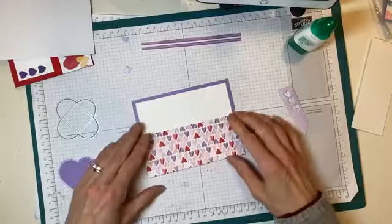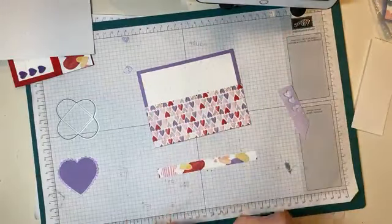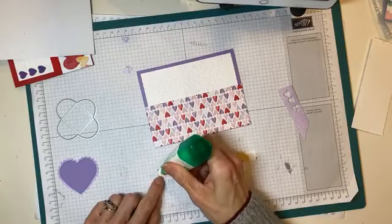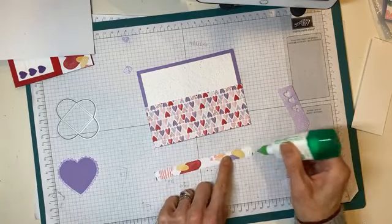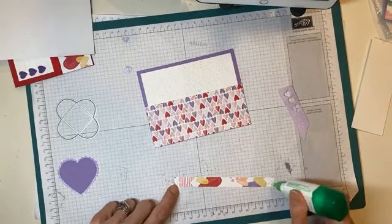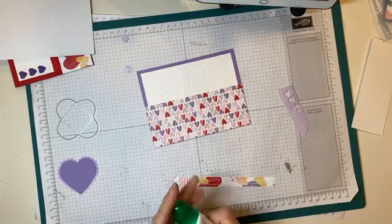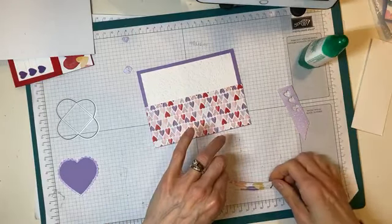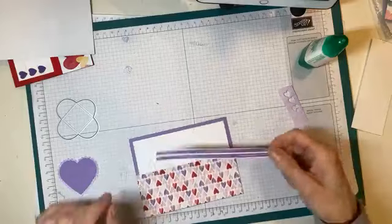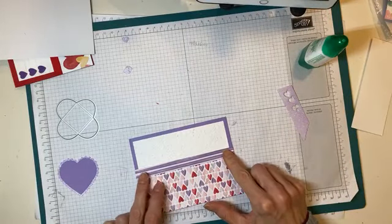Okay, so there we go. Like I said, we are just working with this sketch that I did the other day. I had some different ideas when I made it, or after I made it. And I'm still not really straying from the sketch too much, but I wanted to add some different projects. This was part of a blog hop, so I saw what a lot of other people had done with this same sketch. A lot of them actually had used the same